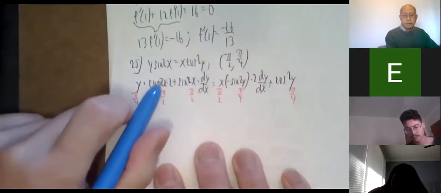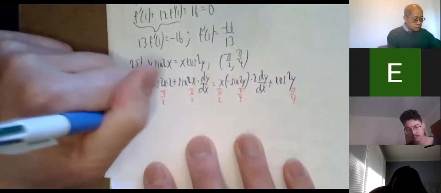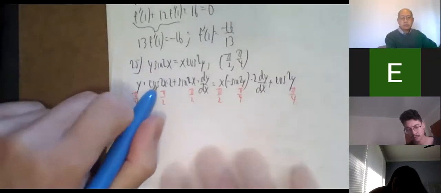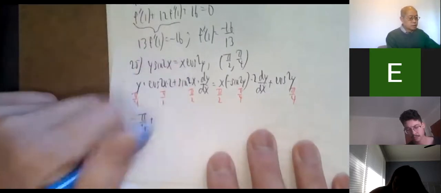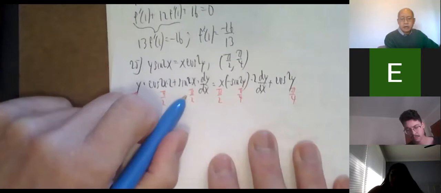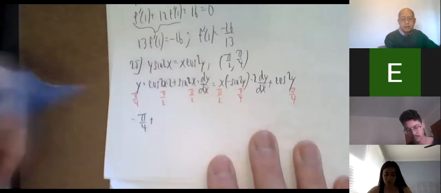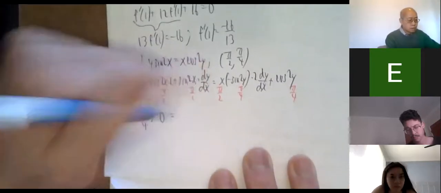If I multiply by pi over 2, I'm taking the cosine of pi, which is negative 1. So negative pi over 4. 2 times pi over 2 is pi, cosine of pi is negative 1, right? Plus sine of 2 times pi over 2 is pi. Sine of pi is 0. I like that. Equals